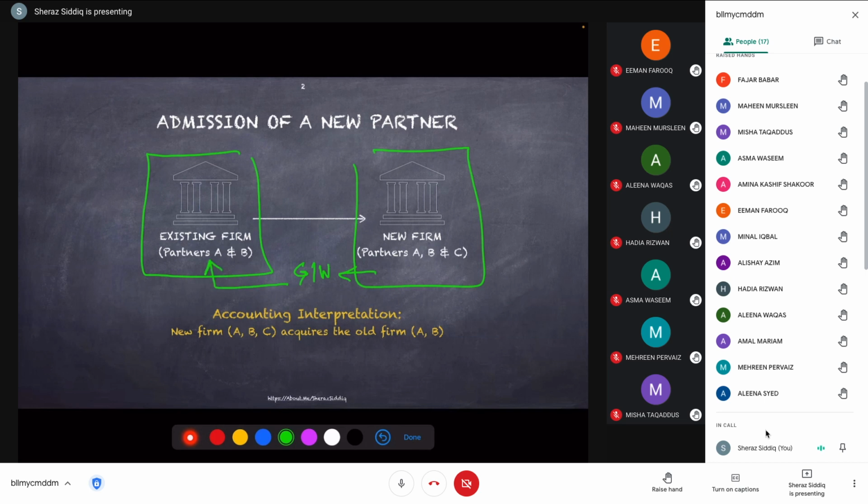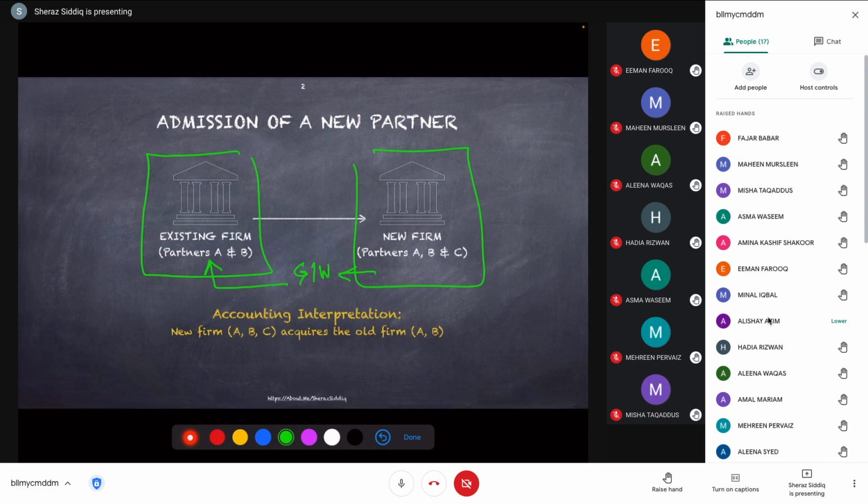Now the critical point here is that since A and B are common in both places, A and B are in the old firm and also in the new firm. A and B will receive that goodwill as owners of the old firm, and will pay goodwill as owners of the new firm A, B and C. This becomes a slightly confusing situation for A and B later on when we deal with the goodwill treatment. But we need to understand we cannot see any accounting operations from individuals' point of view. We will always see it from the business entity's point of view.